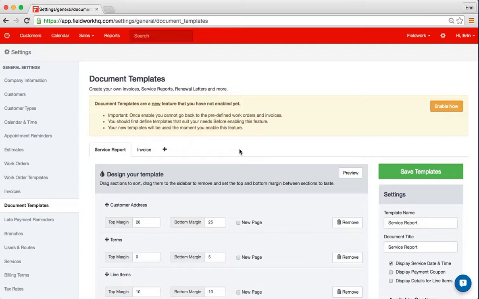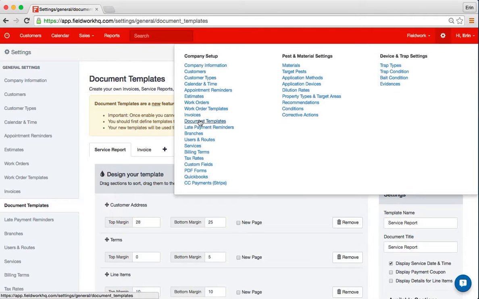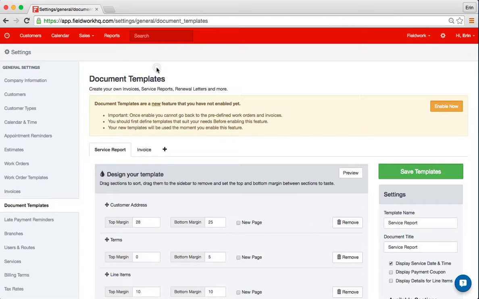In this video, I will cover the document templates feature in Fieldwork. When you go to Settings and then click Document Templates, you're brought to this page. For all existing accounts, you will see the yellow informational box that will explain what the document features are